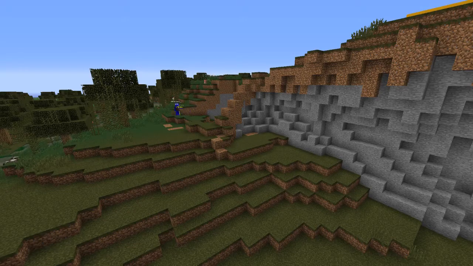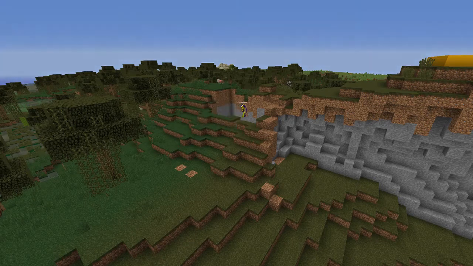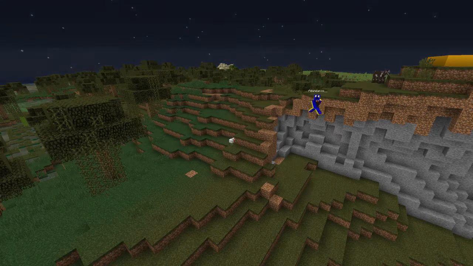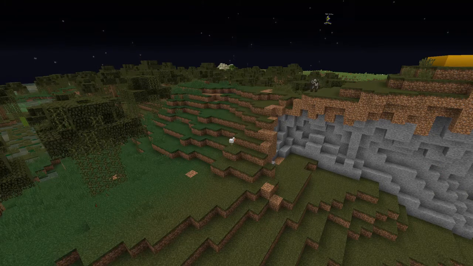So, now that that's made, we gotta bring the other side of this over that, like, chunk error thing. I don't know why that's there. Maybe it was natural, maybe my world's corrupt. I don't know. Hopefully the world isn't corrupt, but it could be. Who knows? Anyway, that hillside got smoothly integrated for the most part,